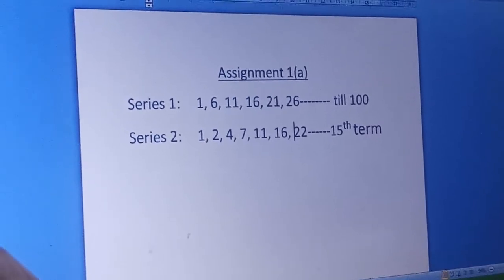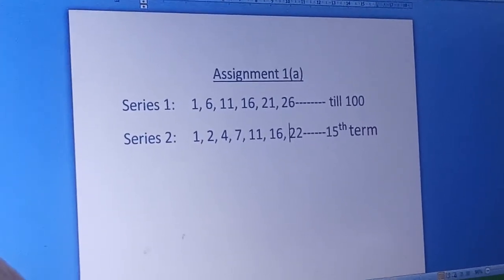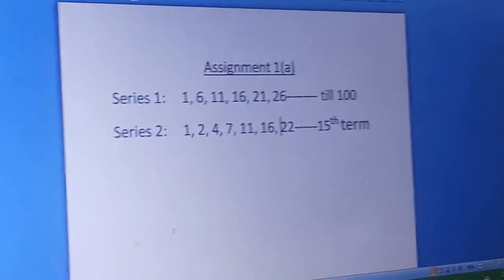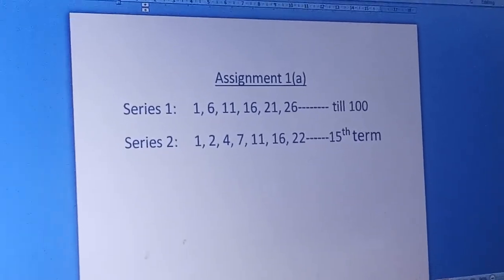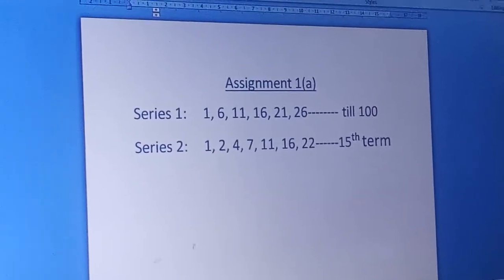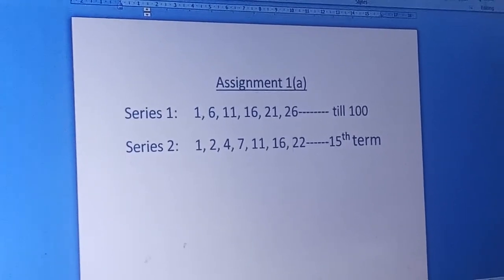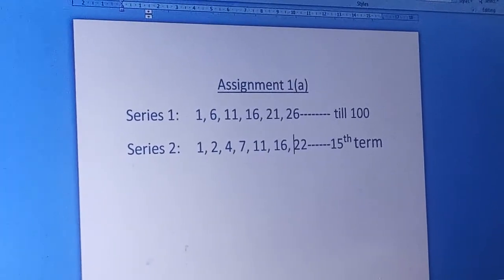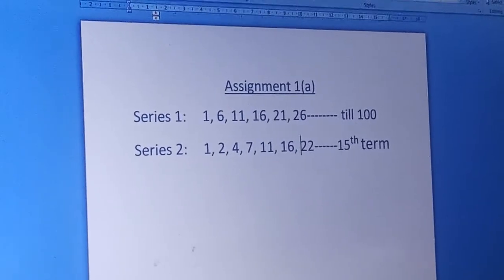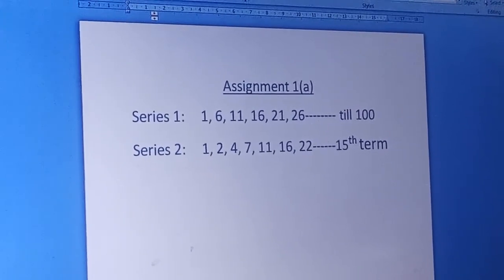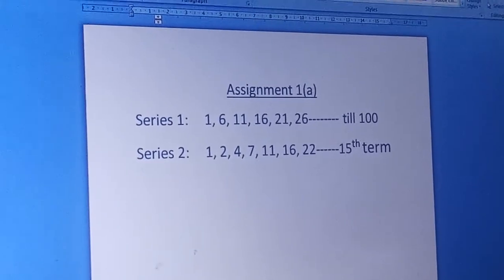So loop is such an essential part of programming. Any language that you take, loop is essential. The way of writing may differ, but this is a very important concept, and dear children, I would like you to understand these concepts very clearly, and it is going to be very useful for you, right? So this is all for today.